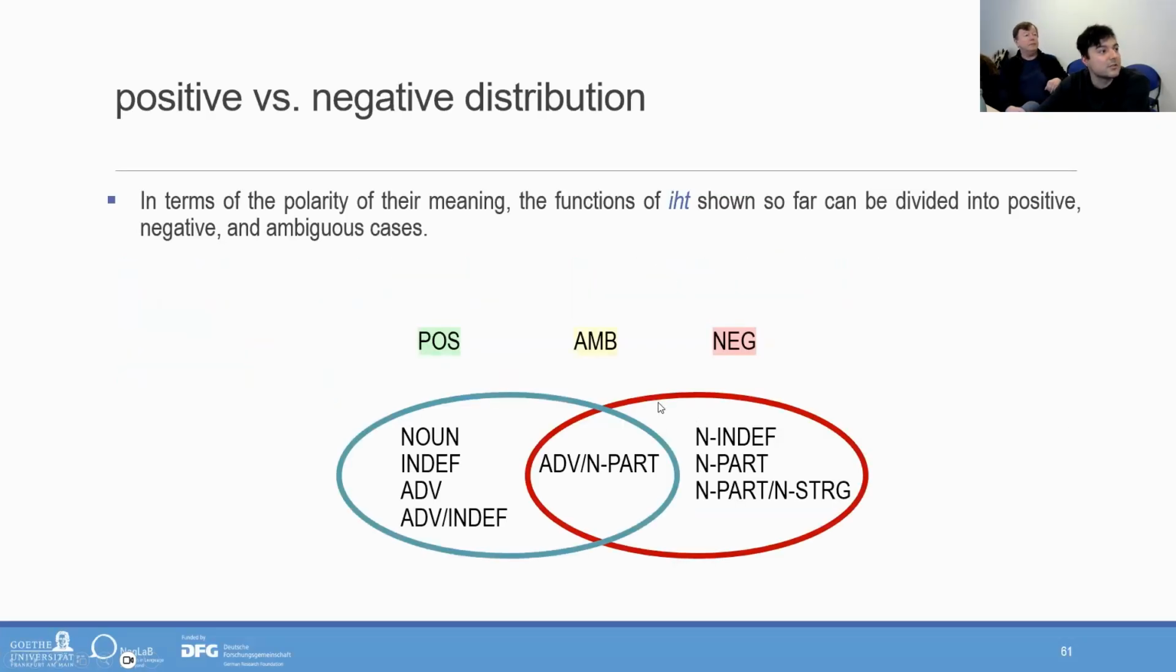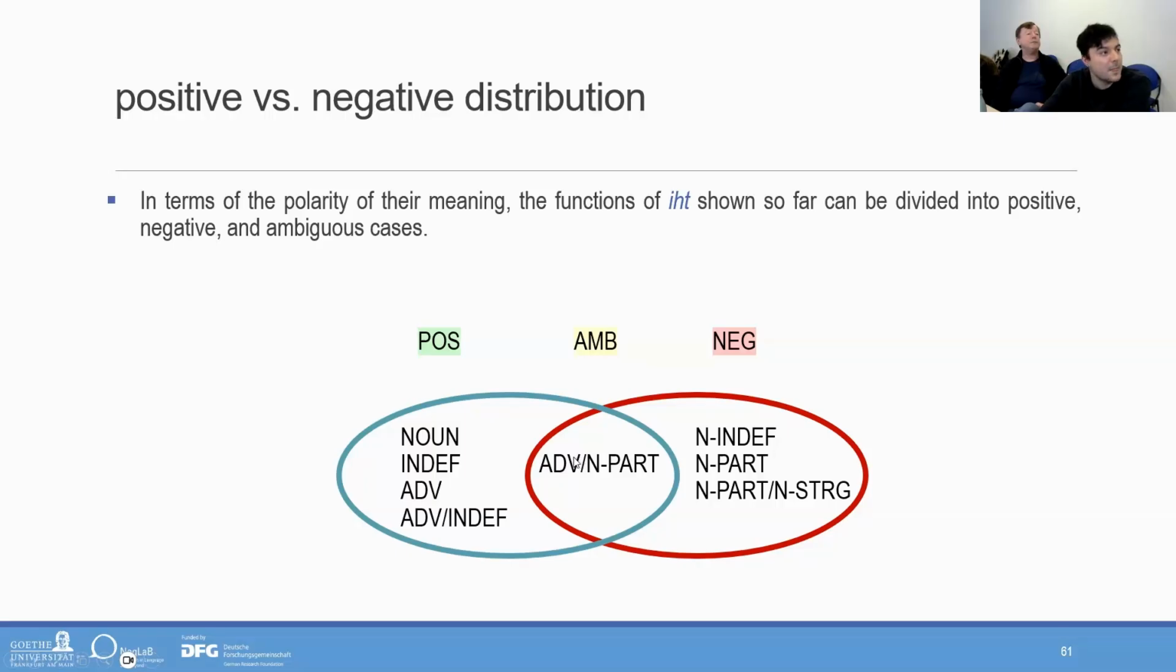So it could be used positively with a positive semantics, or with a negative one, or ambiguous ones. Positive functions were those like used as a noun or as an indefinite pronoun, as an adverb, or ambiguous cases where it could be interpreted both as an adverb and indefinite. Negative ones are those used as a negative indefinite pronoun, negative particle, or sentential marker, or the ambiguous case between negative strengthening and negative particle. One ambiguous case is the questions, where it could be interpreted both as an adverb or as a negation in